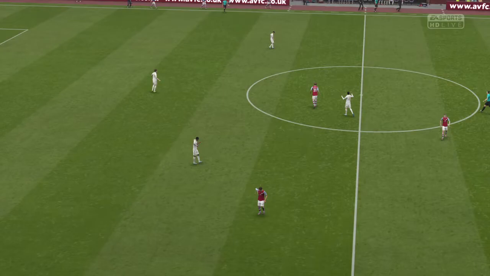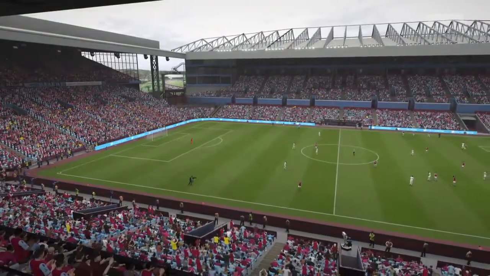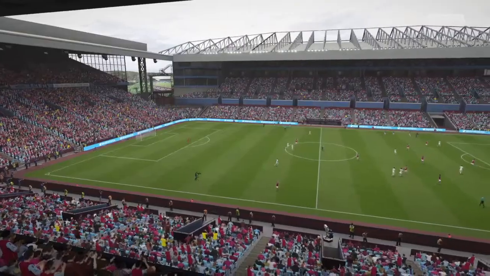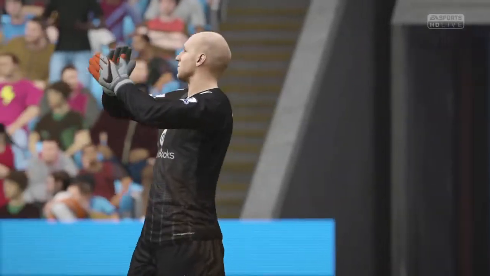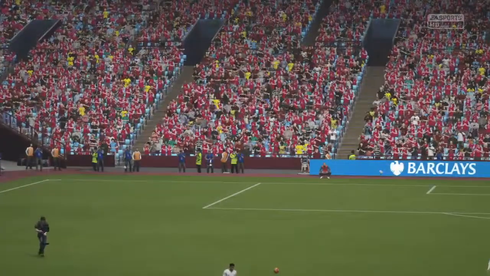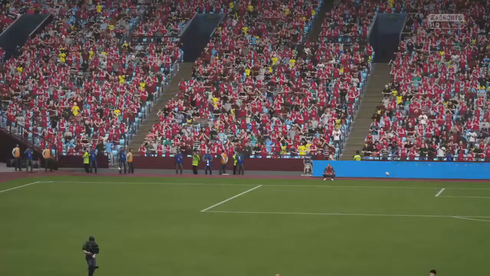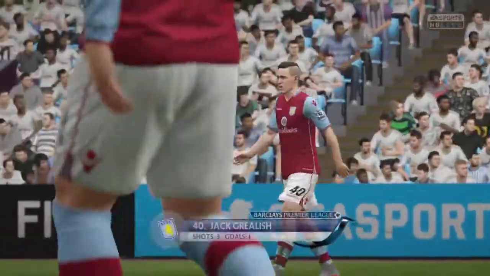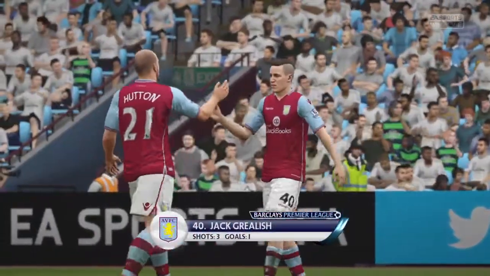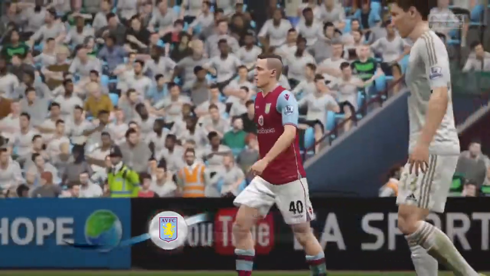And the referee has blown his whistle. It's 2-0, the final score. I think he was the best performer in a good team today. Good performance from him, and I think that was probably the difference between the two teams.